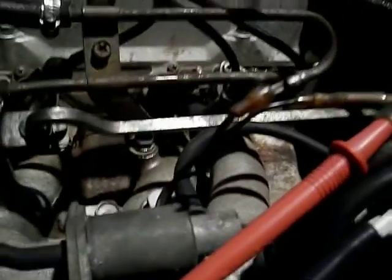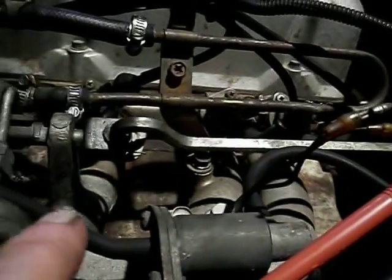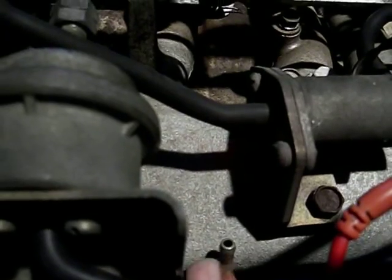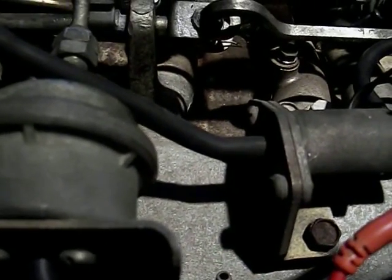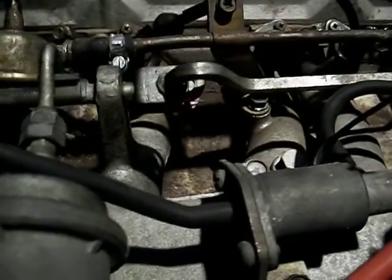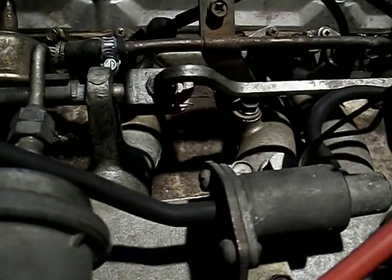And the EGR valve vacuum comes through this line, through this solenoid, which is currently hooked up to my vacuum pump, but normally would be hooked up down to this vacuum supply, which goes to the throttle body. What we're going to try to do is figure out, is the solenoid cutting off as it should while the